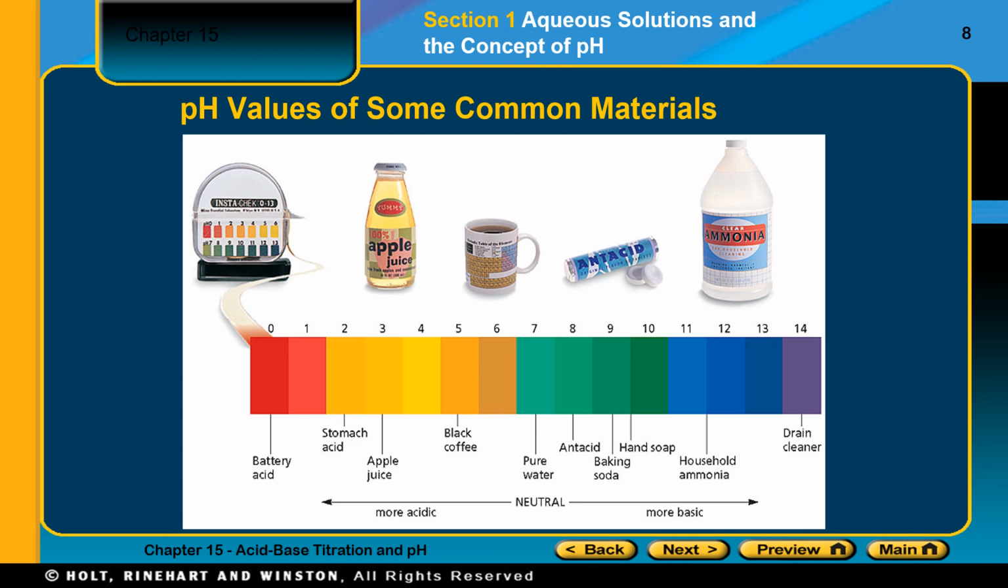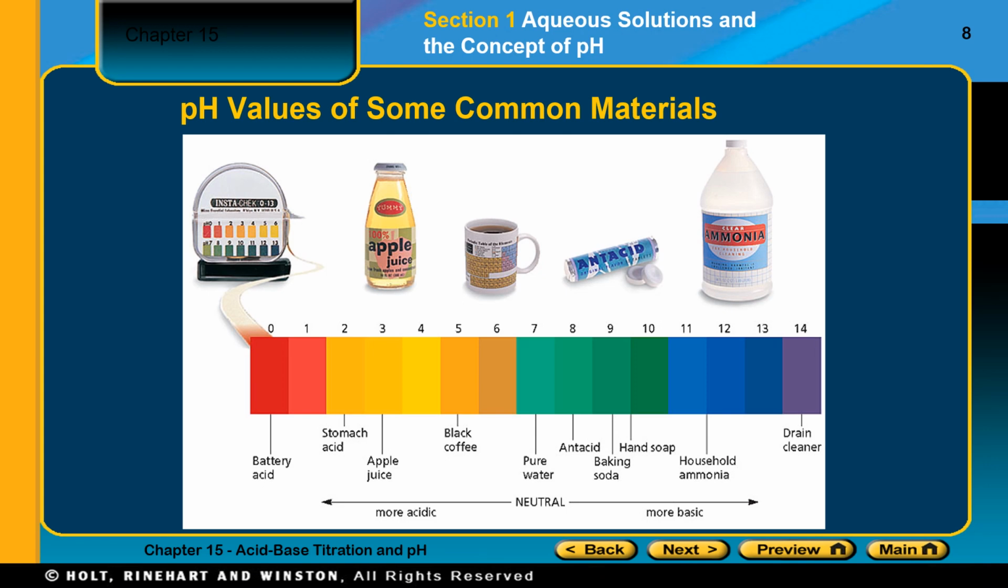The pH of some common materials are given here. You did a lab in which you tried to figure out what pH something is using cabbage juice as our indicator. This tape dispenser up in the upper left-hand corner is a universal indicator tape, and it will change to all these different colors depending on what type of solution you're putting it in. And so battery acid would turn a bright red, stomach acid would be a yellow,